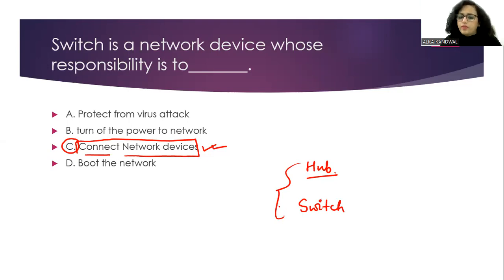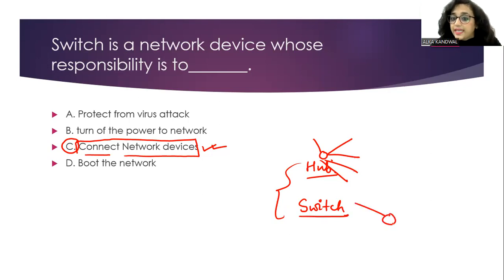फॉर एग्जांपल, व्हेन अ मैसेज इज रिसीव्ड बाय अ हब, एक मैसेज आया तो वो क्या करता है, जितने भी उस पर्टिकुलर डिवाइसेस कनेक्टेड है हब के साथ, वो सबको भेज देगा, और वो बोलता है कि तुम खुद पहचानो कि ये मैसेज तुम्हारे लिए है या नहीं है. So the message is being directed to each and every node, whereas switch is intelligent. So whenever it receives a message, it reads it and it directs it to the place where it belongs to. It checks the destination address, so traffic reduce हो जाता है. So hub, switch, ये सब नेटवर्क डिवाइसेस को कनेक्ट करने का ही काम करते हैं.